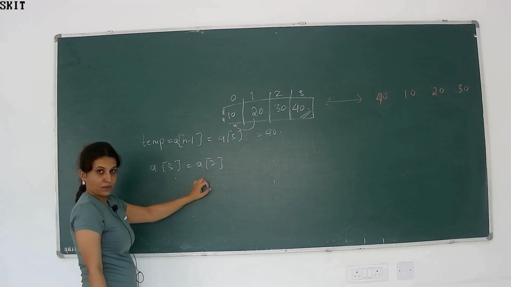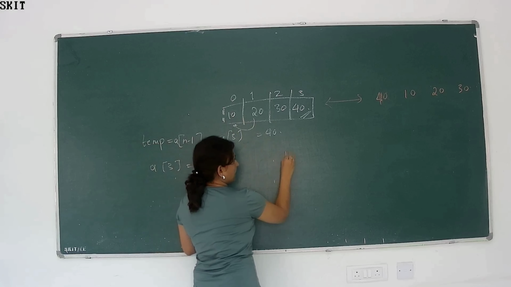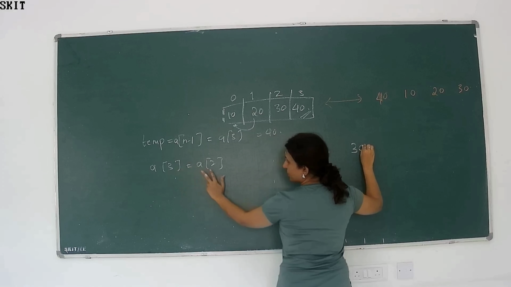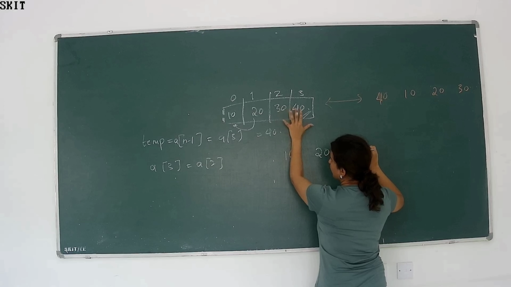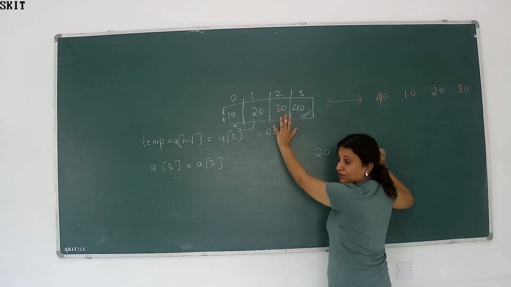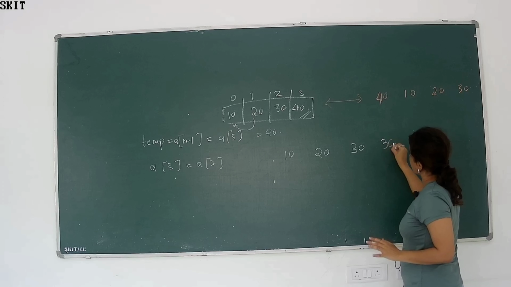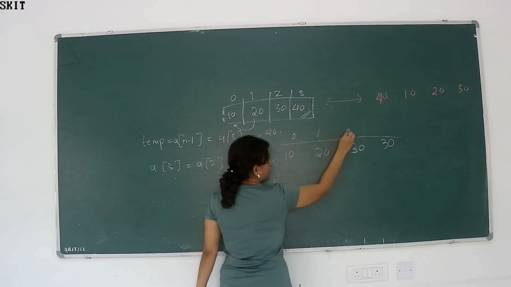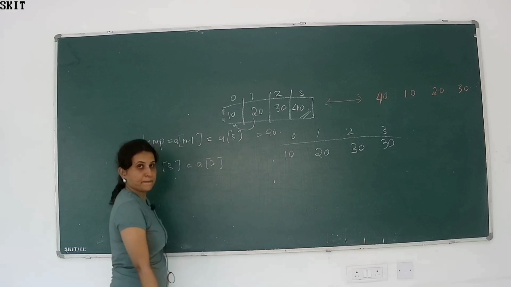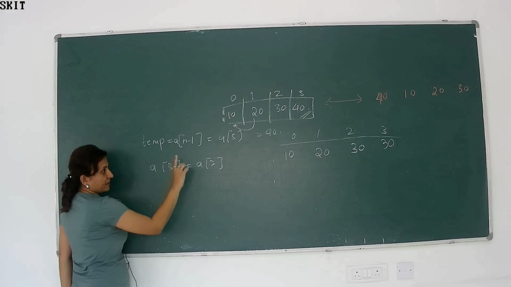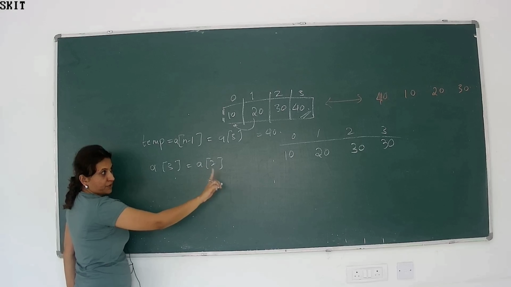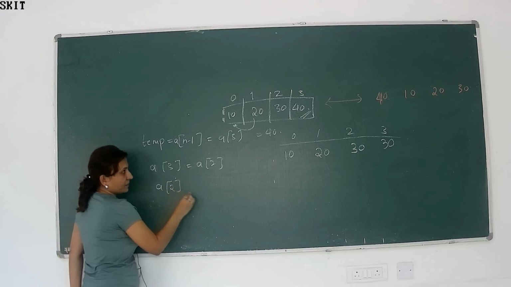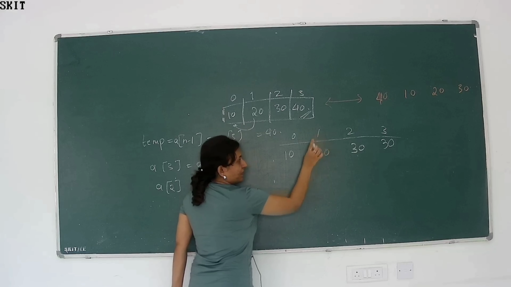If you do this, what is going to happen? This one, 10, 20, 30, a of 3 is equal to a of 2. In third position, we have to put what is there in second position. So what will happen? 30. First point. Next, in second position, I have to put 20. So a of 2, here I have to put 20. 20 is what? A of 1.